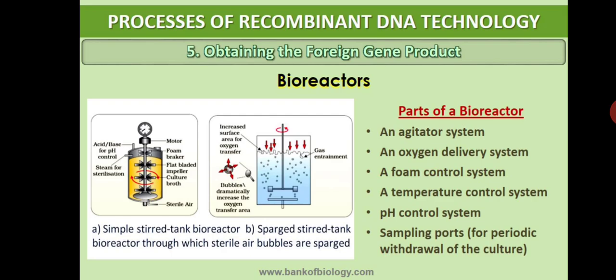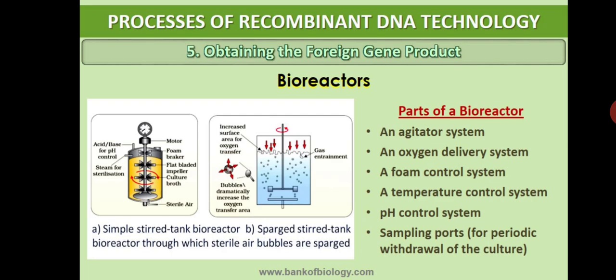Understood? Understood all of you? Bioreactor is a very important concept. Okay, till this point what you have studied is about the tools used in recombinant DNA technology. Four important tools you have studied. The first one is the enzyme, second is the vector, third is the host cell, and the last one is the bioreactor. Before studying the actual process of recombinant DNA technology, at first you have seen the tools used in recombinant DNA technology.